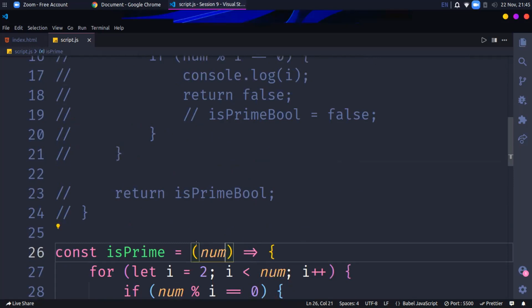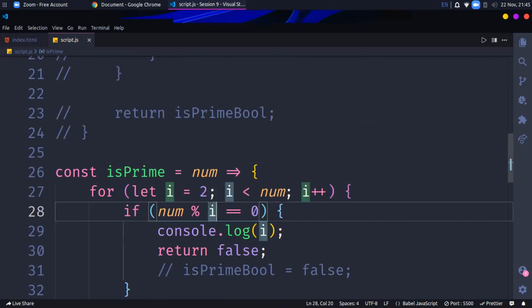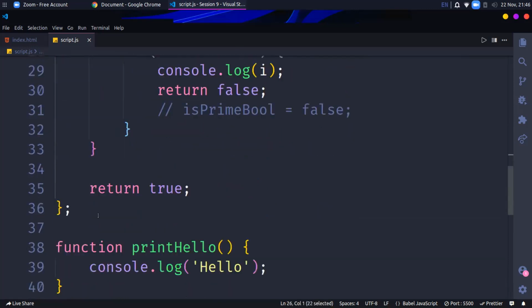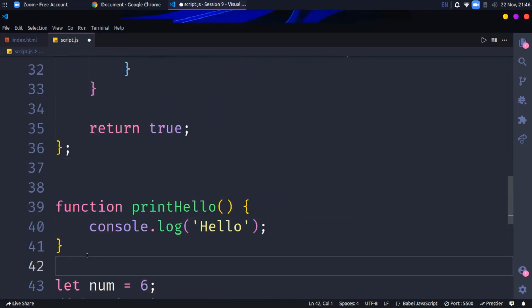Now if we have just one parameter, then we can delete this parenthesis. It will work that way also, but only if it has just one parameter. Then the rest of the thing is exactly the same, just the way of declaring the function, the syntax, is a little different. Now if we talk about this function print hello world, we can write it print hello world is equal to